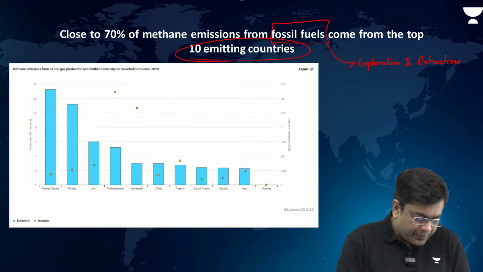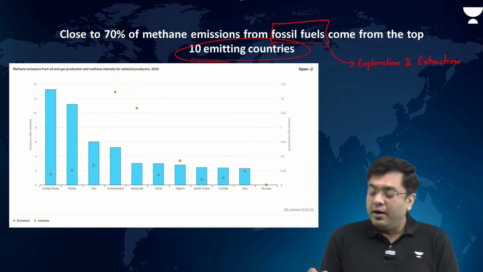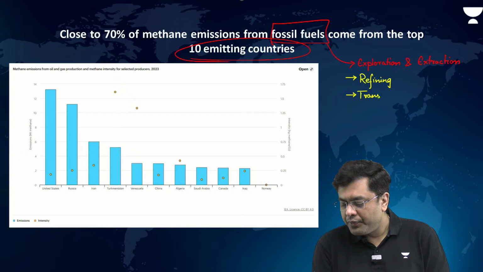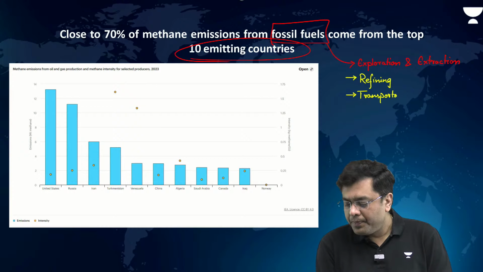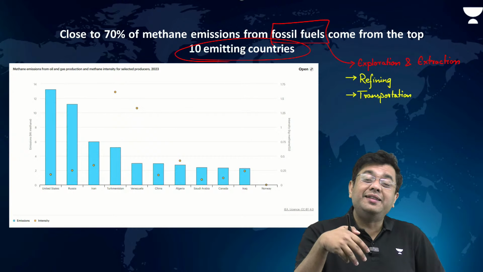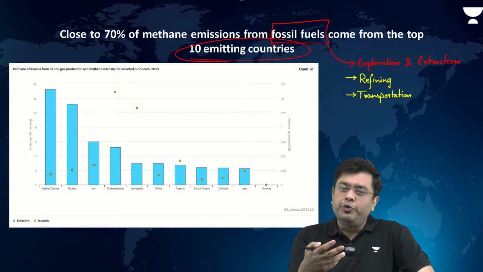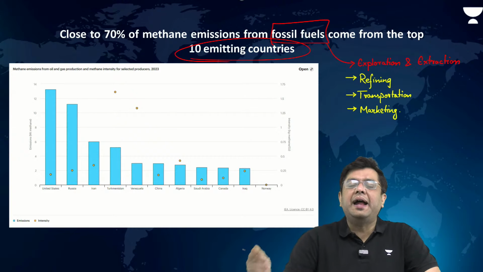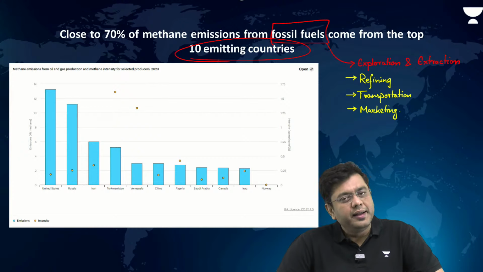Then after that, when you consider the refining process, there also you have methane emission. Then when you consider transportation of fossil fuels, transportation, and even at the point of distribution, when there is marketing, that is also where methane is released. So even at the stage of marketing. So that is why fossil fuels, both in their active and passive presence and roles, end up being